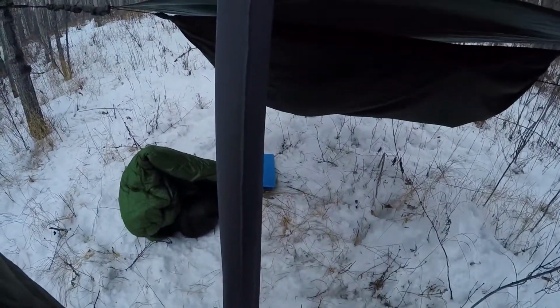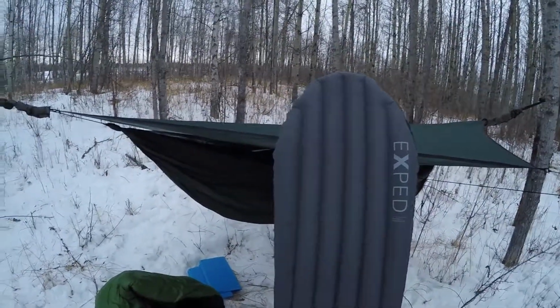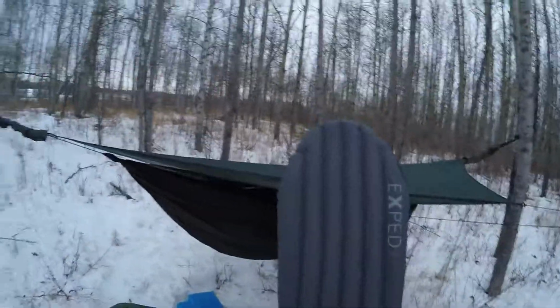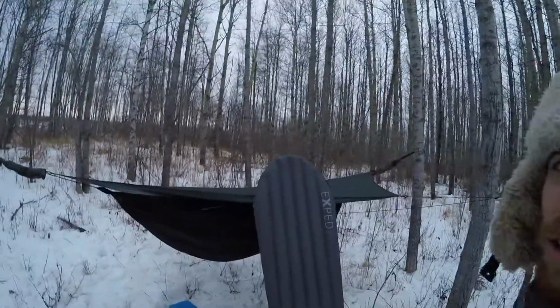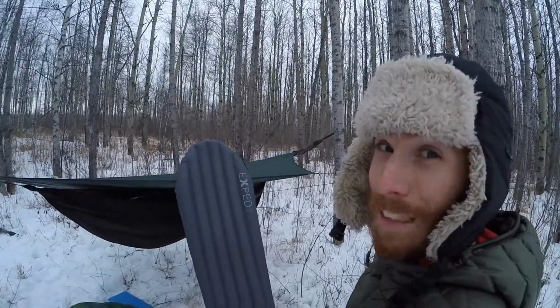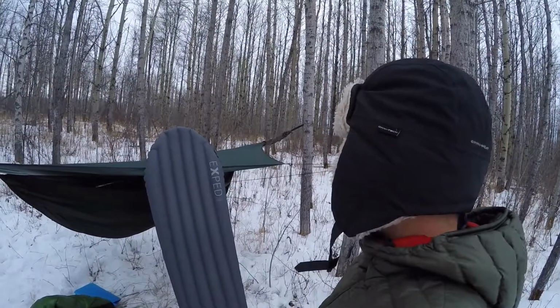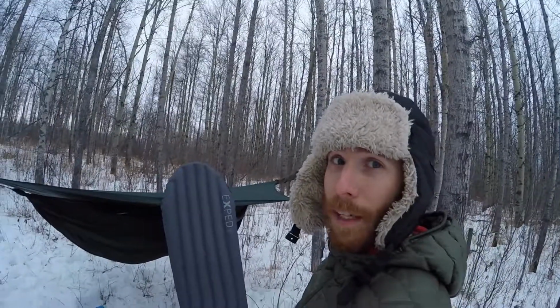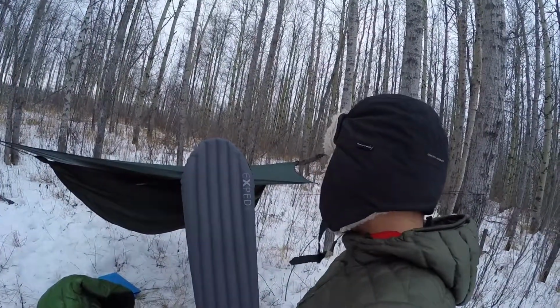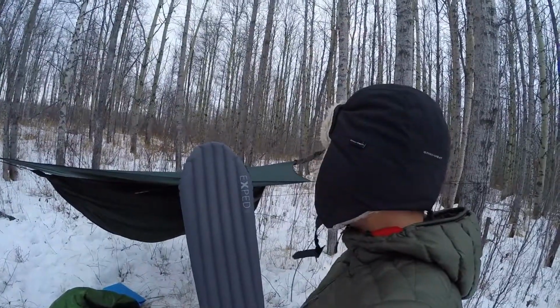And you can see the tapering tubes on the side here. Because the side tubes aren't insulated, I wasn't sure how it was going to work out in the hammock, because at this point I haven't invested in an underquilt, which is probably the way to go if you're getting something specific for hammocking. But the I-beam construction of this mat makes it real rigid, so it gives you a perfectly flat lay, gives you extra room in the hammock, and